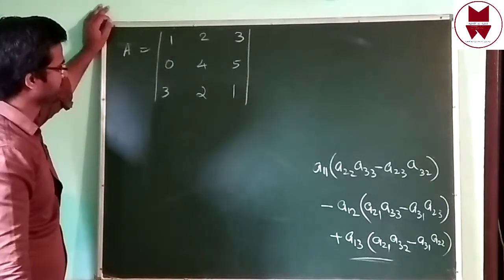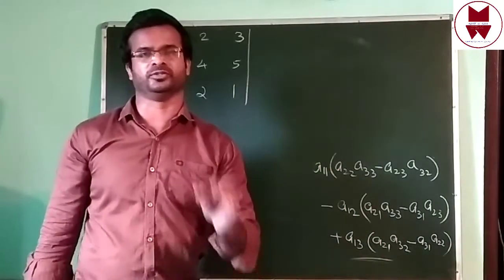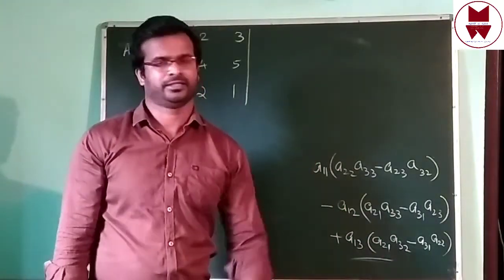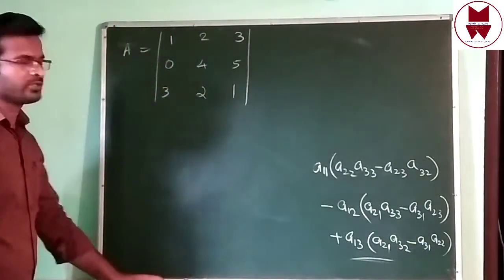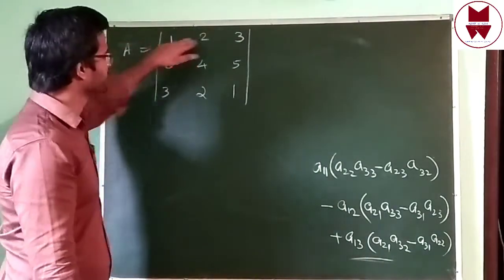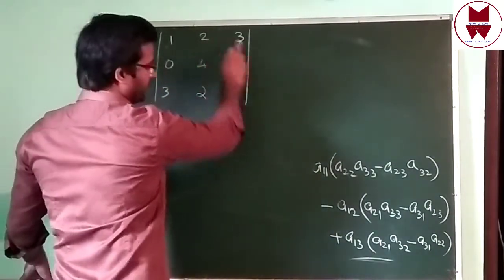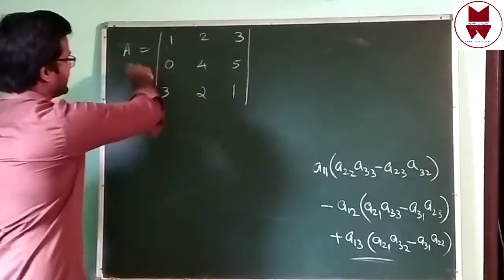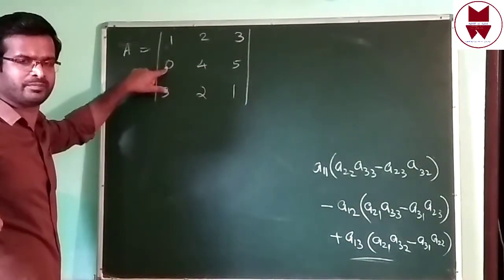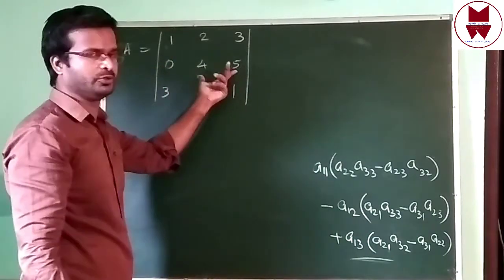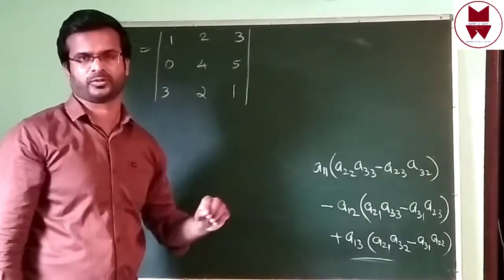Okay, this is one determinant they have given. In the question they have not mentioned to use the first row, second row or third row. They have not mentioned anything, just find the determinant. Which row will we use? If you use the first row, you have to do 3 times: 1 into, 2 into, 3 into, like that. What about the second row? If you use the second row, 0 into some number will come, and 0 into that number is automatically 0. Then only 2 remain. That means in this determinant we can use the second row, isn't it?